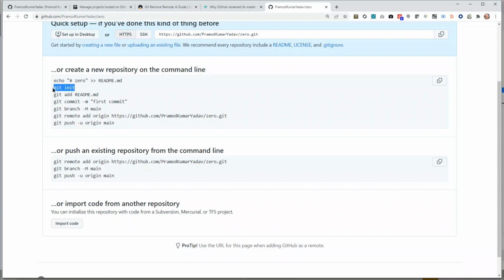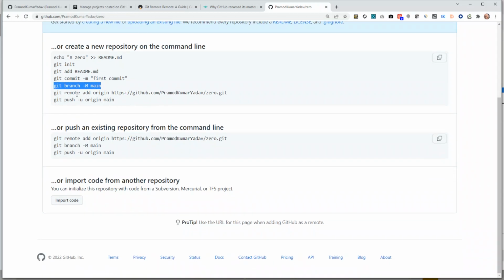Then you initialize the git repository. Then basically you are saying stage this readme file by the git add command, and after staging the file, you are committing this file with the message first commit. Then you are renaming your master branch to main branch, which is what we already finished. And as next steps, if you run these two commands in your local machine, you can first add this remote to the project, and then you should be able to push the project onto this particular